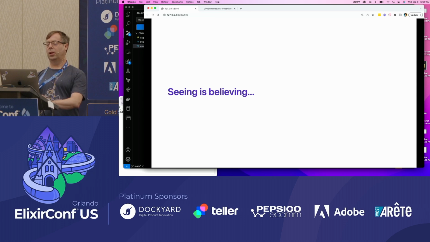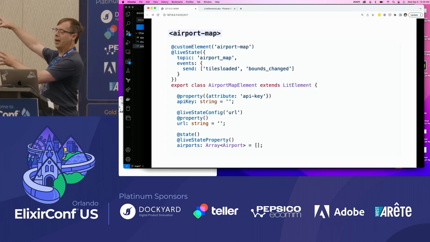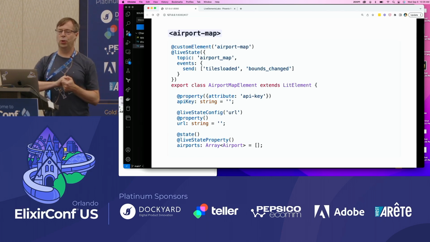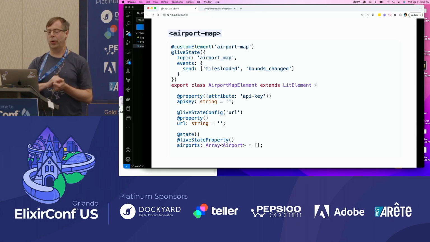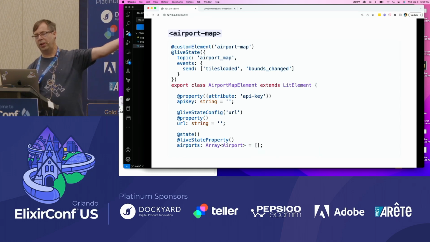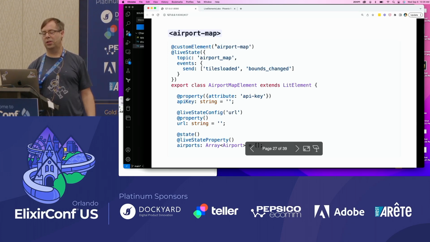So let's look at some code. In order to be able to move our LiveView into a custom element, this is what it looks like to use the LiveState front-end library. We have some declaration and configuration which we need to do. In this case, we saw an example of a custom HTML element earlier. This is another custom HTML element that's using a library called lit. I'm not going to go into lit a very great amount, but that custom element tag name is airport-map, and